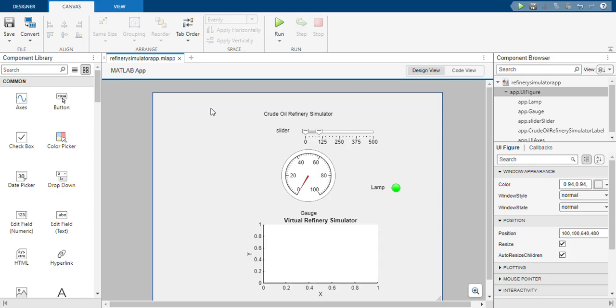Now we implemented this system in MATLAB, where the program calculates and updates the yield of each product based on temperature. We also included